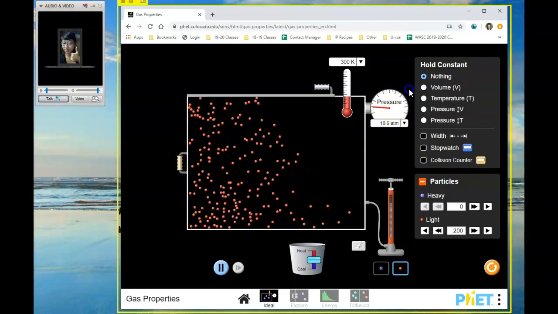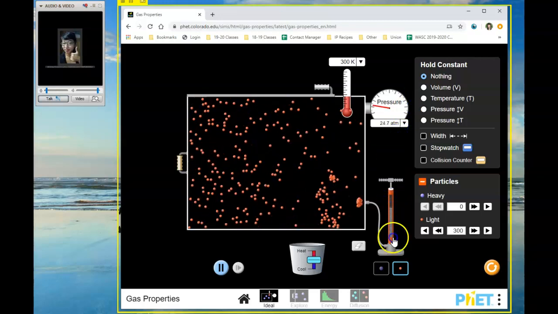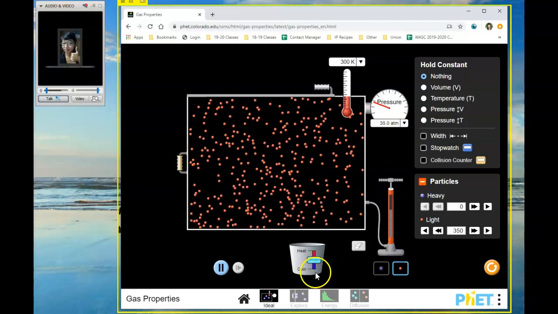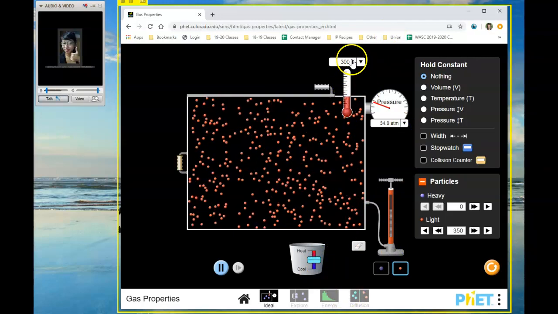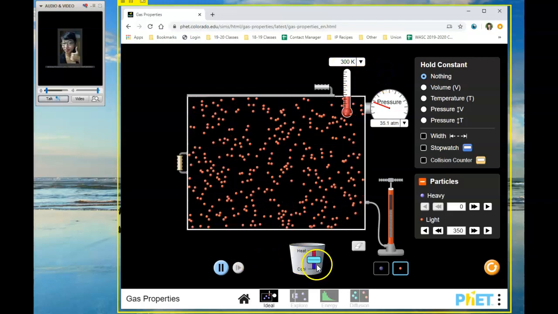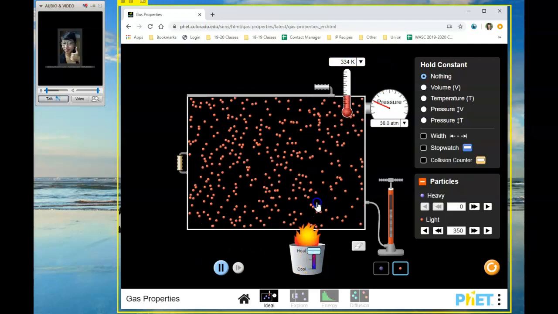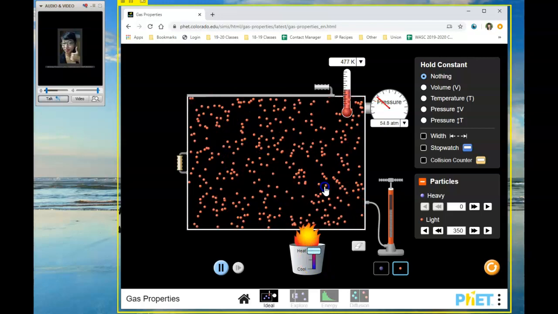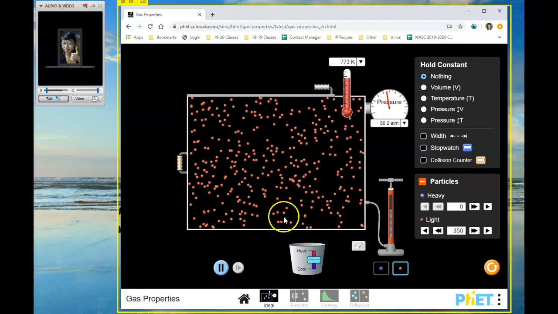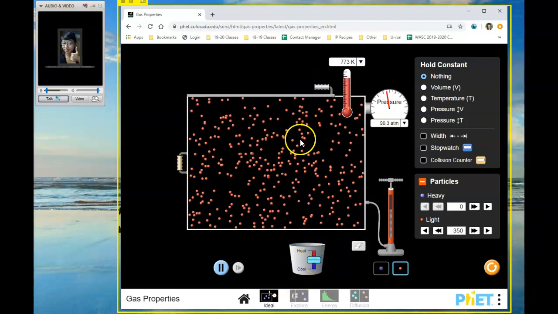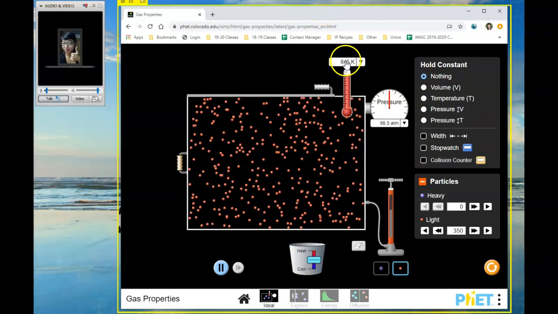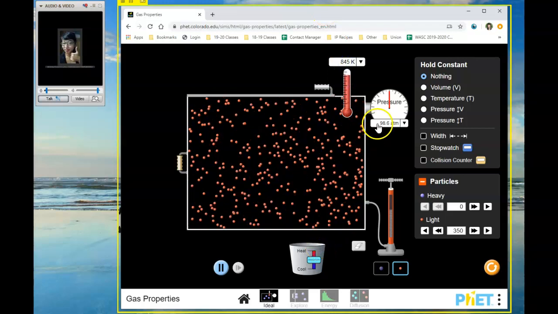All right, so we got a bunch of particles. There we go. Add as much as you want. Perfect. Okay, so we have a bunch of particles here. You can see that right now it's about 300 Kelvin, so 27 degrees Celsius. That's about room temperature. All right, let's go ahead and heat it up though, and tell me, what do you see happening to these particles as they get hotter and hotter? What do you notice is happening to the speed of the particles? Yes, they're moving faster and faster. Again, if you're opening it up on your own, you might see that a little bit better yourself.